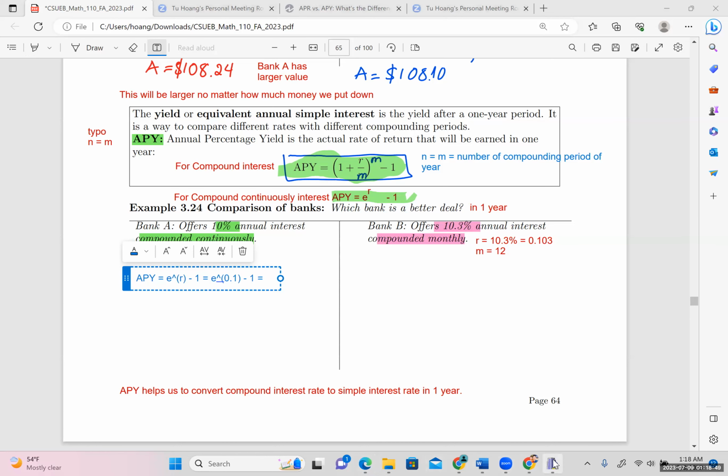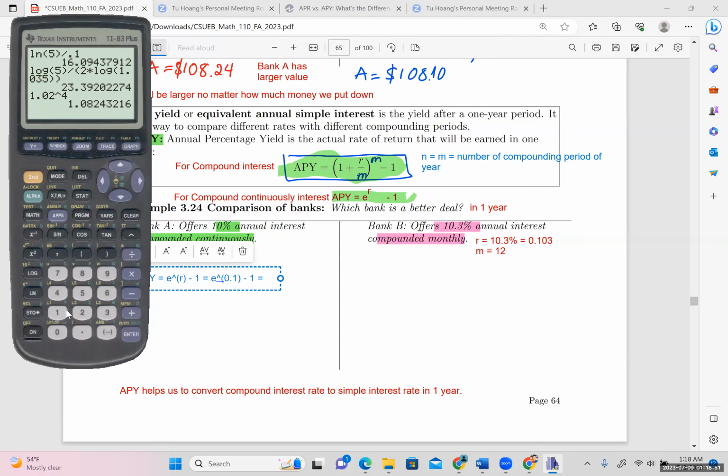Okay, so let's see what that is going to be. e raised to the power 0.1, and then minus 1. I got 0.101